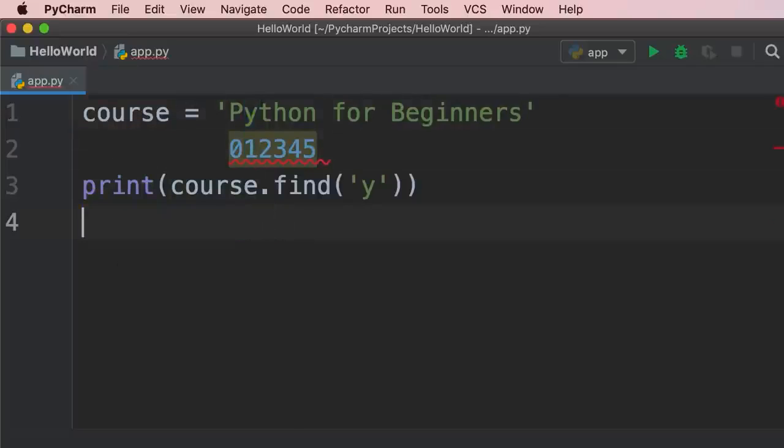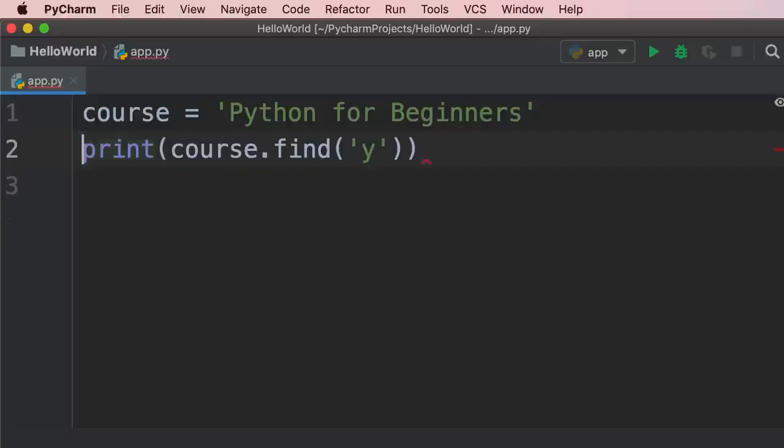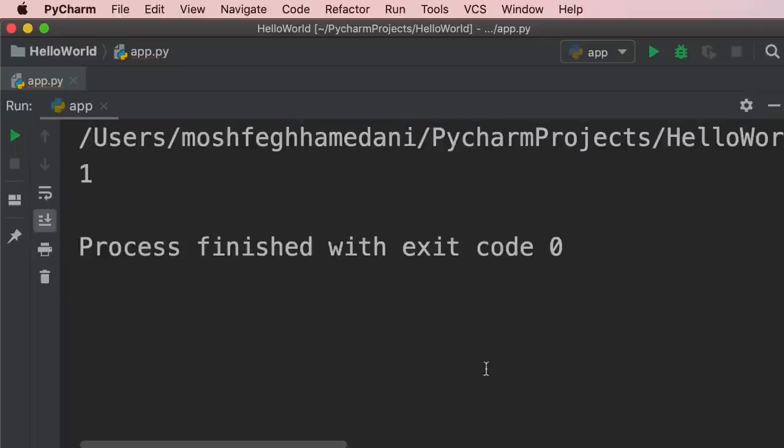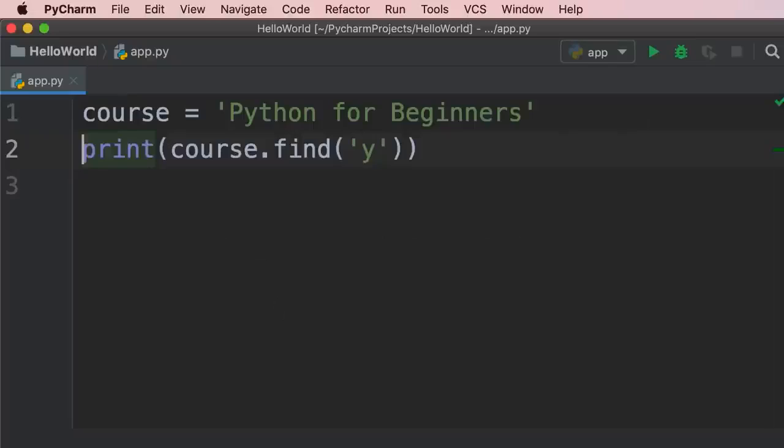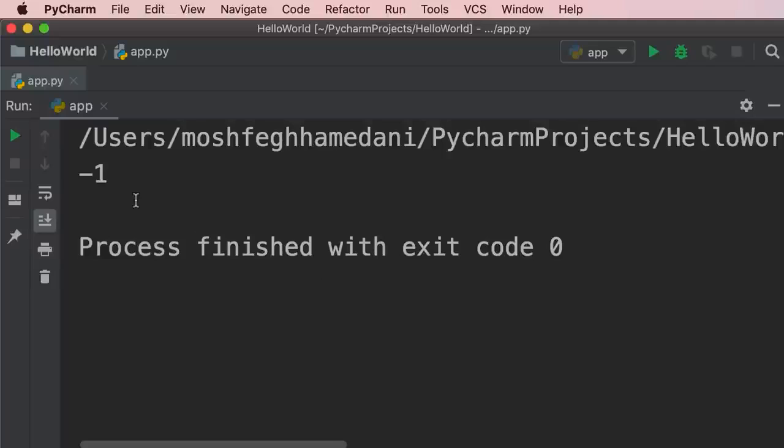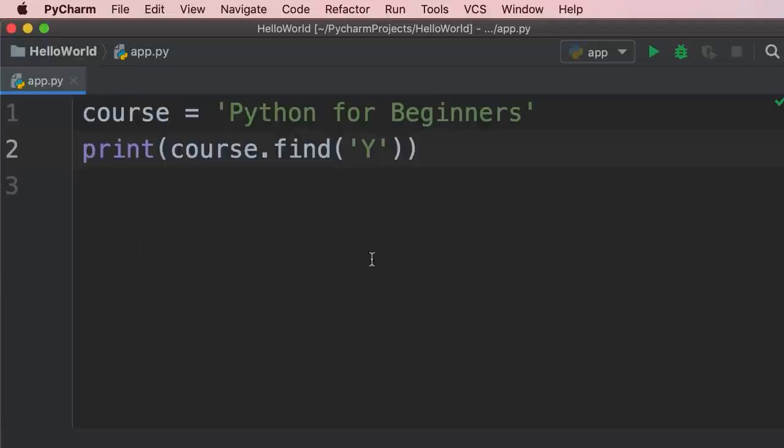We don't need it anymore. Also, let's delete this line. Let's run the program. There you go. Now, as I told you before, Python is sensitive to lowercase and uppercase letters. So if I pass an uppercase Y here, this find method returns -1 because we don't have an uppercase Y